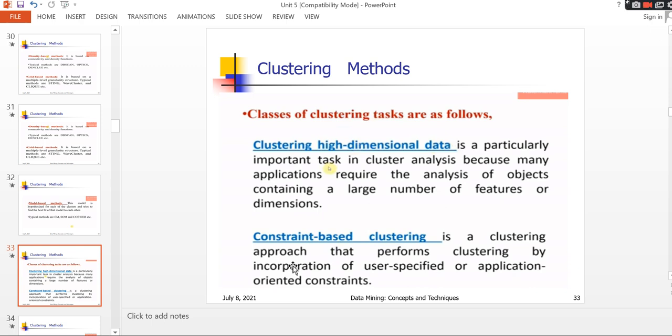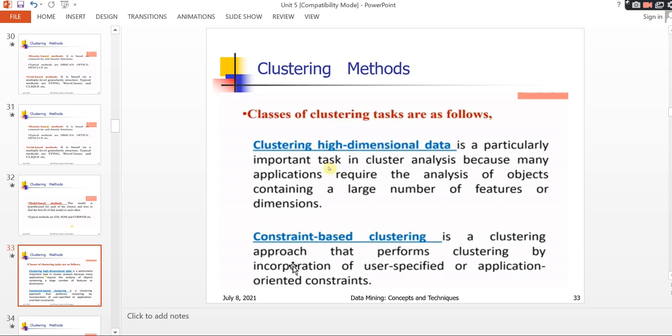In real time, high dimensional data is very important. In data warehousing, the 3 dimensional data is nothing but a cube. It consists of 3 dimensions. Clustering on high dimensional data is very important, and you have to form groups on it. Why? Because a data warehouse is itself big data. Data is increasing day by day, and a huge amount of data keeps coming.